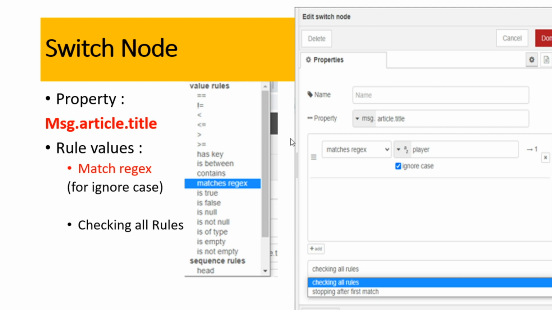The property will already be configured as msg, and we have to type article.title. Whatever title we have, the names and configuration pertaining to our title will be analyzed here. Then click this option to set matches regex.